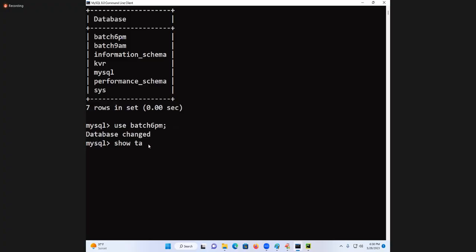Show tables. There are no tables at all. It is called what? Empty. So in the database, we need to create the table or not? Yes. Write down. Write a Python program which will create